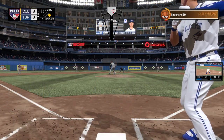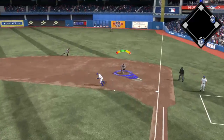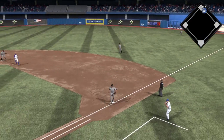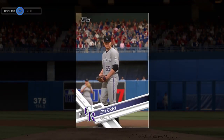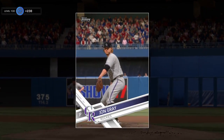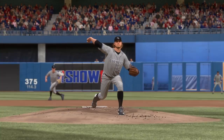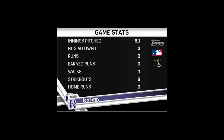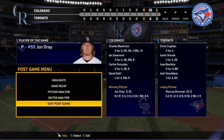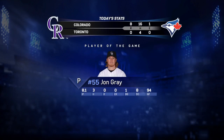Now batting. First delivery to him on the way to first. And with that, I can finally say the 4 words I've had on my mind for what seems like an eternity. This ball game is over. Well, we watched a really solid starting pitching performance, kept the opposition at bay, and as a result, he's our top player of the game. Final line score. Well, everyone wants